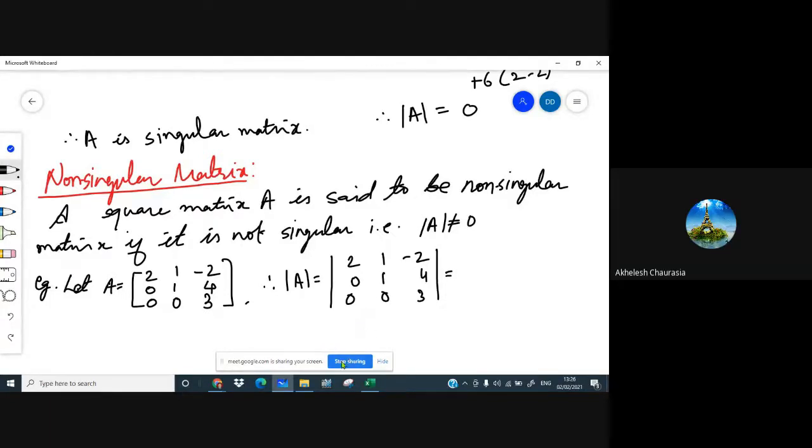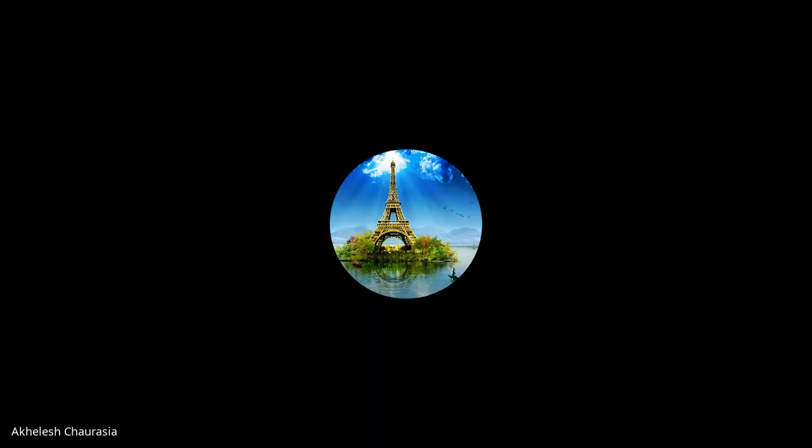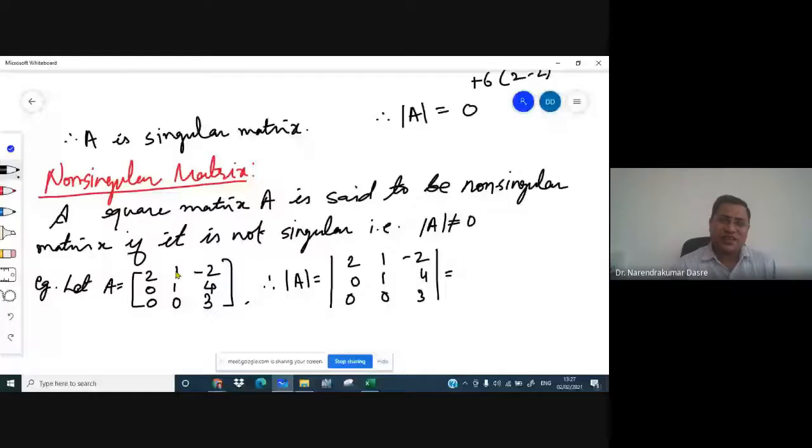So you calculated on paper or you used the calculator? Paper, sir. That's good if you have used paper, your notebook. But there is again a property of the determinant. If it is upper triangular or lower triangular, then the product of the diagonal elements is going to be the determinant.